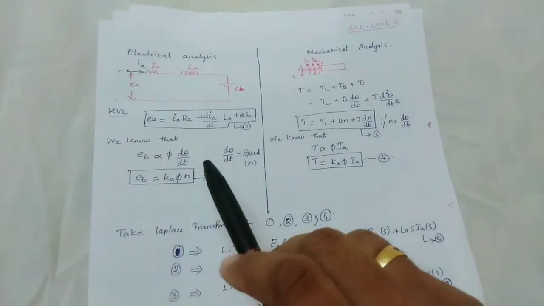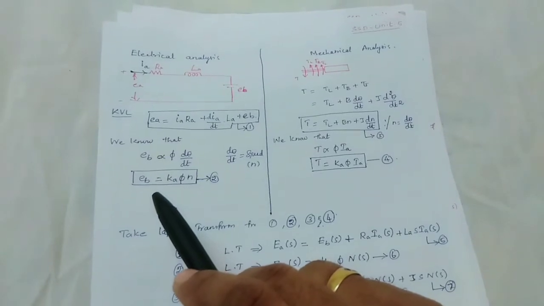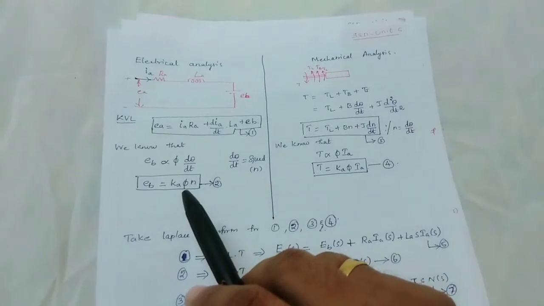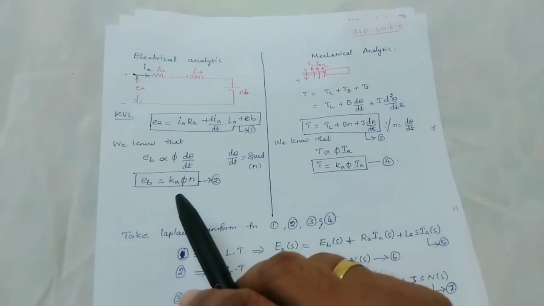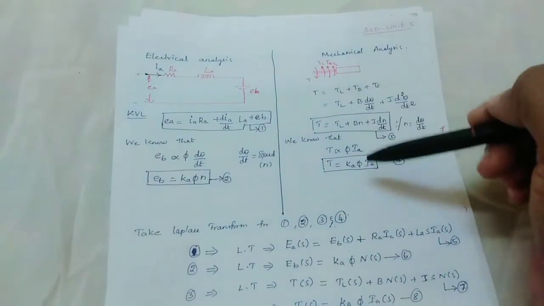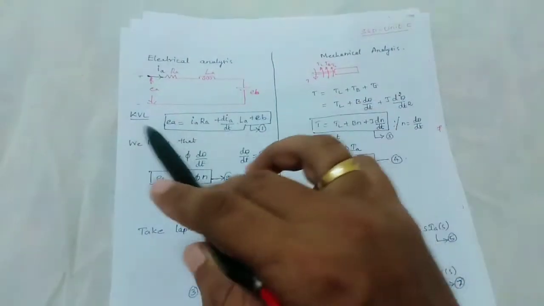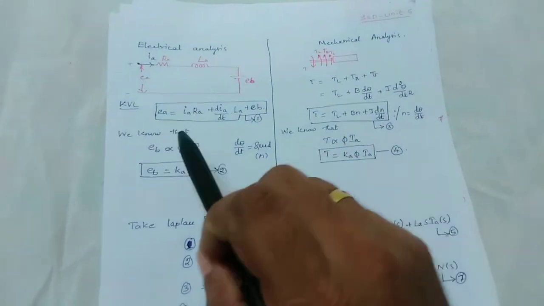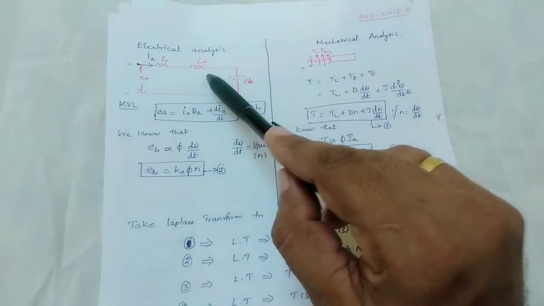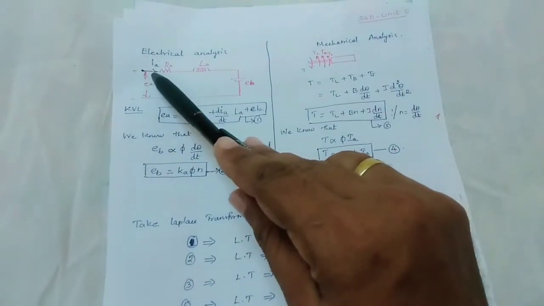Now, from the main circuit diagram, that is the equivalent circuit which we drew previously, we are categorizing into 2 analyses. Based on electrical parameters, we give the electrical analysis. Based on mechanical parameters, we give the mechanical analysis. In the electrical analysis, we consider only the electrical terms. The input supply is given to the armature winding and a back EMF is produced. The input supply voltage is EA and the current is IA.